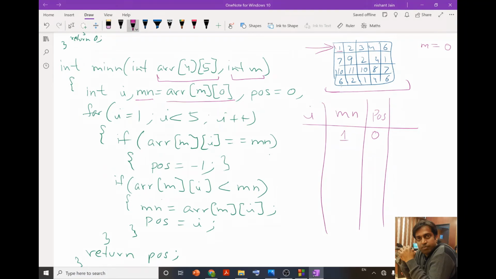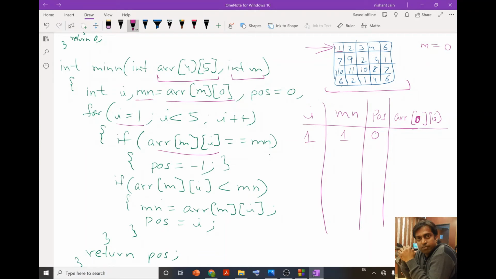Then we start a loop, and we start with the value of I as 1. Then we come inside the if, and over here we check this condition. So the value of ARR m, meaning 0 and I. Now 0 I means 0 1.